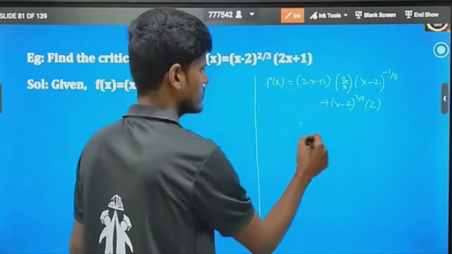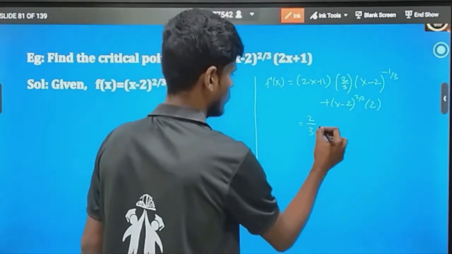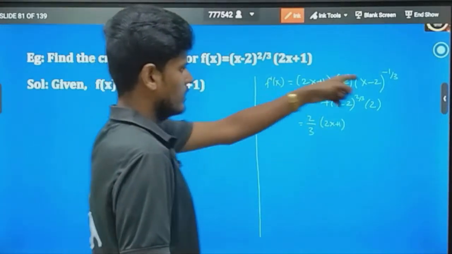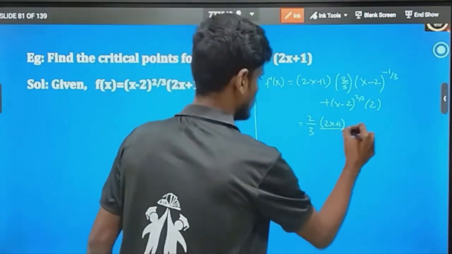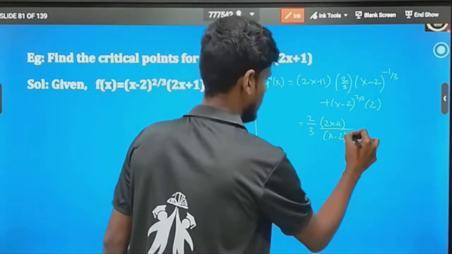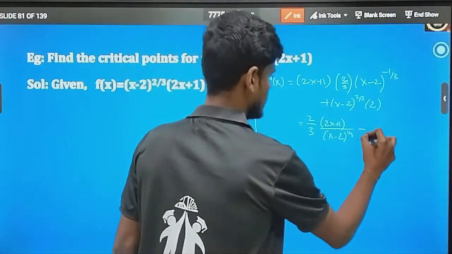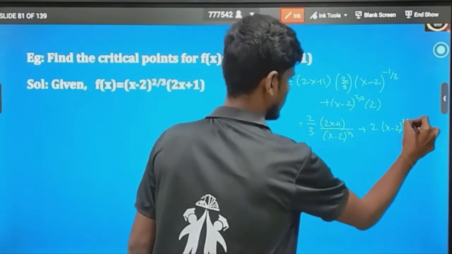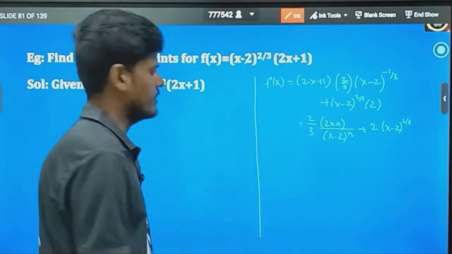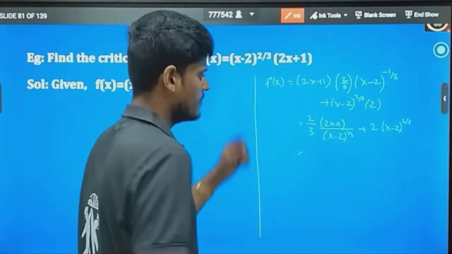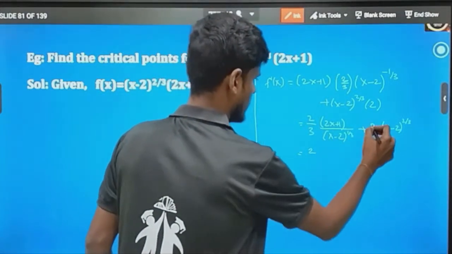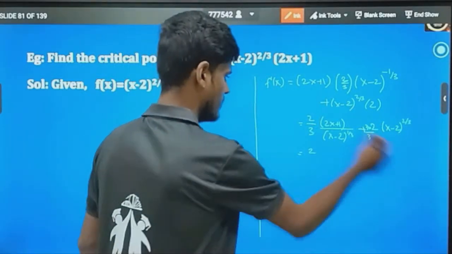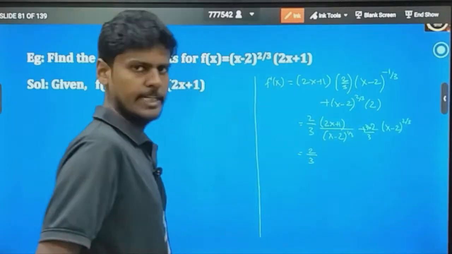Now what is f dash of x? Try to simplify this. 2 by 3 of (2x plus 1), (x minus 2) power minus 1 by 3 is 1 by (x minus 2) power 1 by 3, plus 2 times (x minus 2) power 2 by 3. Now try to simplify this. 2 is common. We can multiply and divide by 3. Then the denominator will be common. We can take 3 outside, 2 by 3 into,